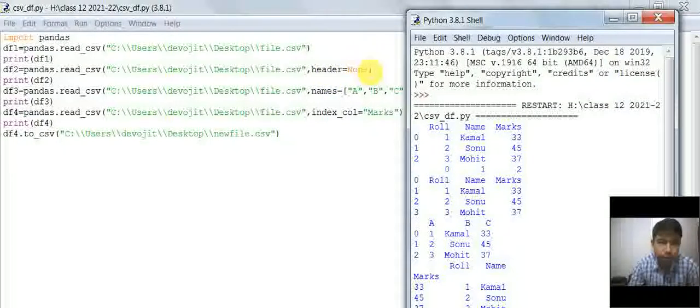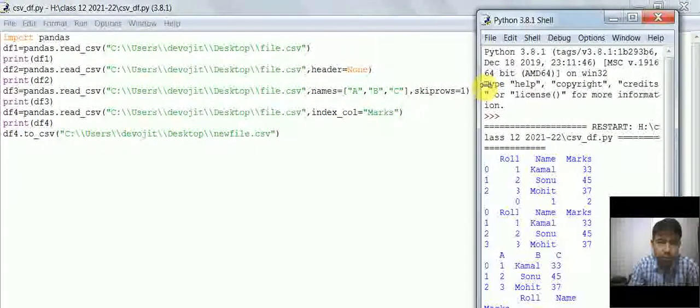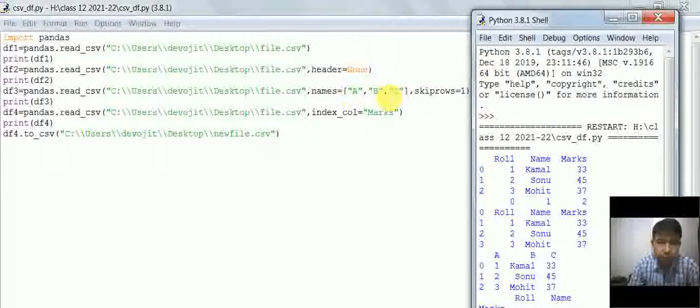As the header is 0, 1 and 2, the column names are 0, 1 and 2. Therefore the column names which are there in the CSV file, that is roll number, name and marks, have come in the first row.